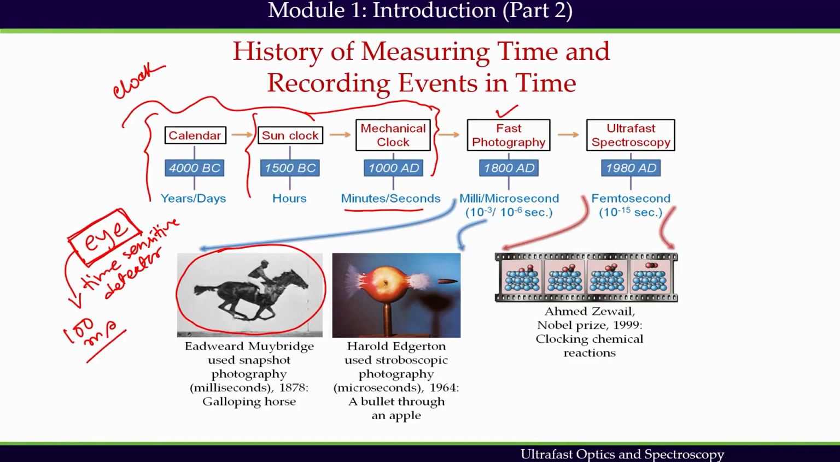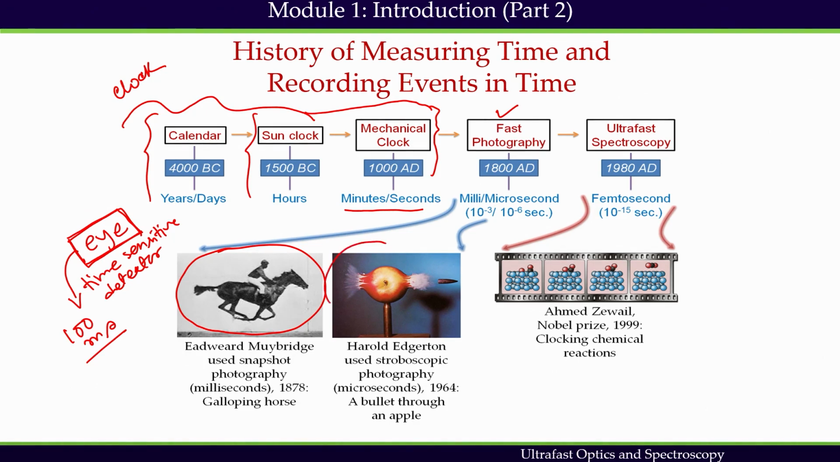So, the response time of this kind of snapshot photography depends on how quickly I open the shutter and close the shutter. That was the limitation, and it was millisecond at that time in 1800. Then the fast recording technology was shifted from mechanical to optical, resulting in stroboscopic photography performed by Edgerton for the first time in